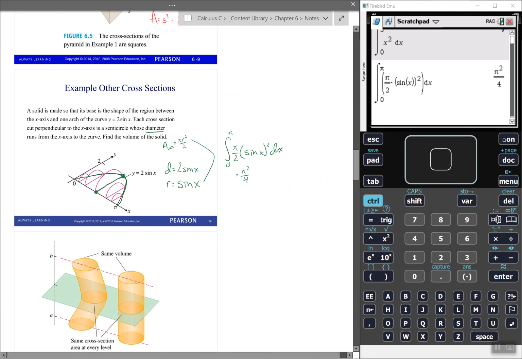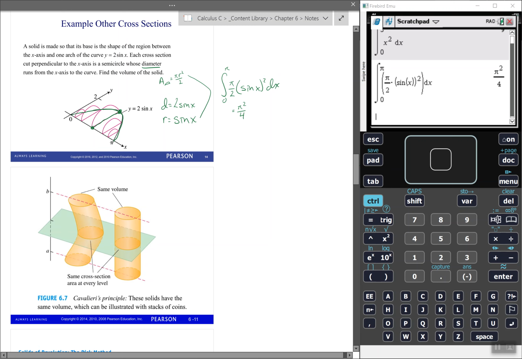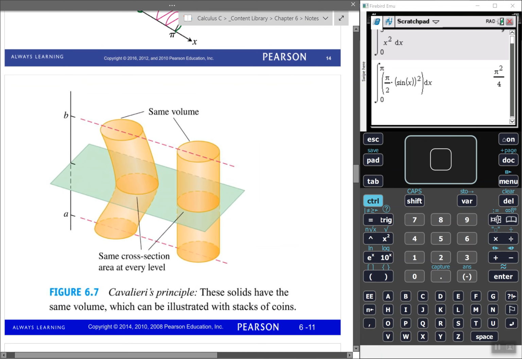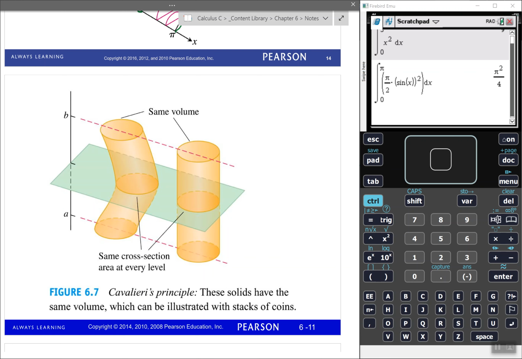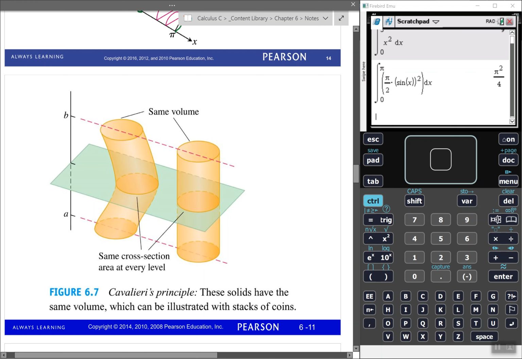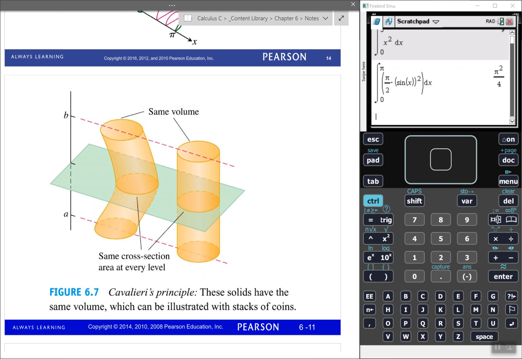All right, so the next part that they give us, which was a big deal, it's Cavalieri's principle, but it makes a lot of sense once you look at it. Basically, these two shapes, this curved sort of looking macaroni noodle here and the straight cylinder, have the same volume. And the principle, basically, the easiest way to think about it is if you take a stack of quarters. It's got a definite volume. It's x number of quarters times the height. If you take that stack of quarters and you just push at different points on that stack